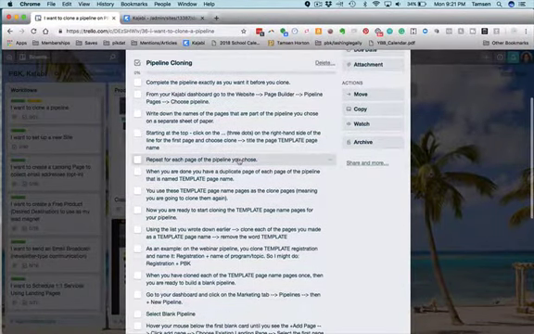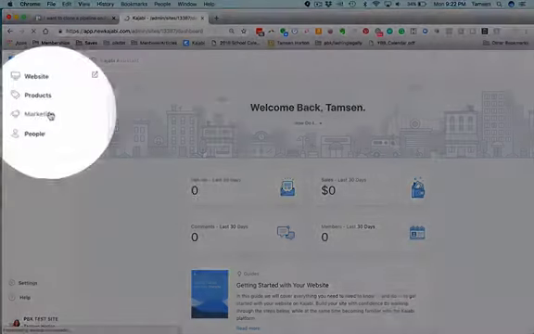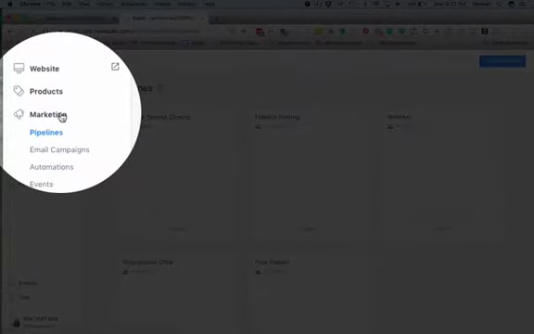So we'll be going back and forth between the two, and I'm going to show you how to duplicate an existing pipeline. So if you have been wanting to reuse something that you've already done, this is how you can currently do that. So on your site, first off, we are going to assume that you don't even have your